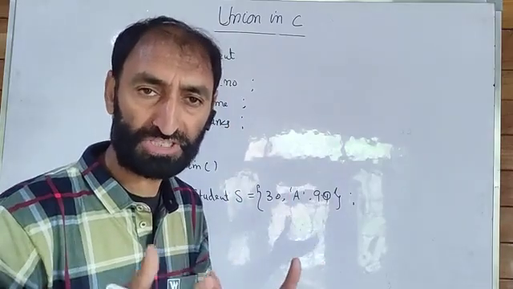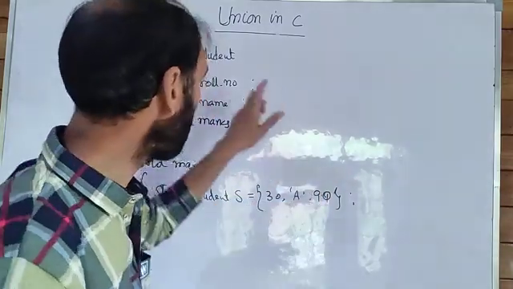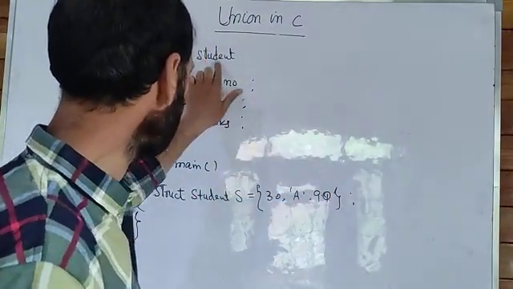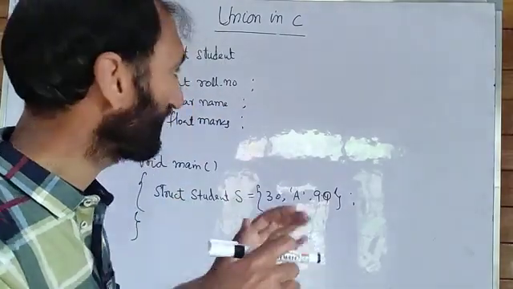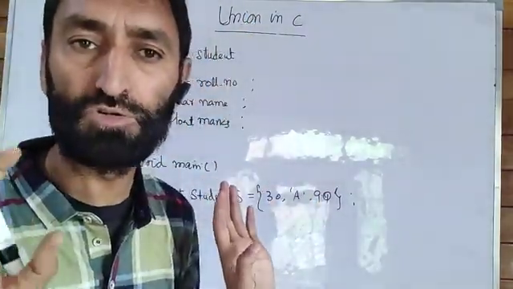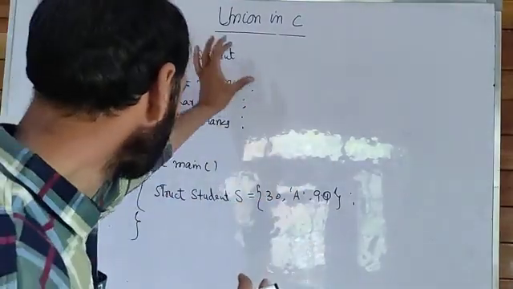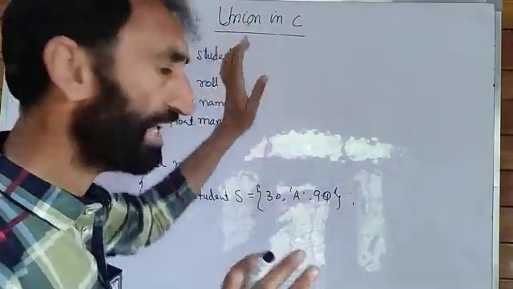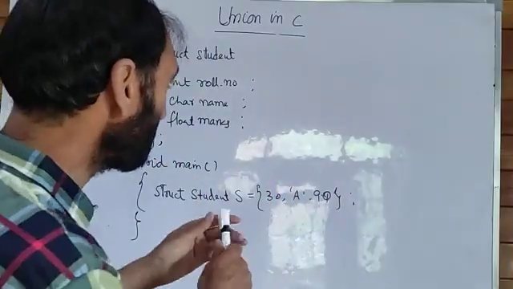User-defined data types are those which a user declares according to their need. In the same way, union is also a user-defined data type. For example, here